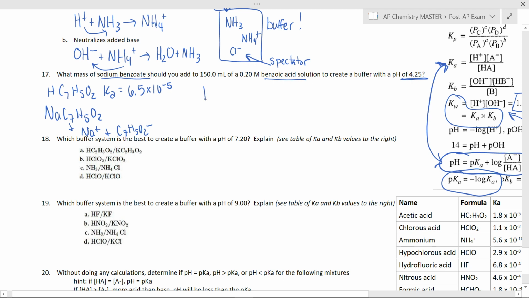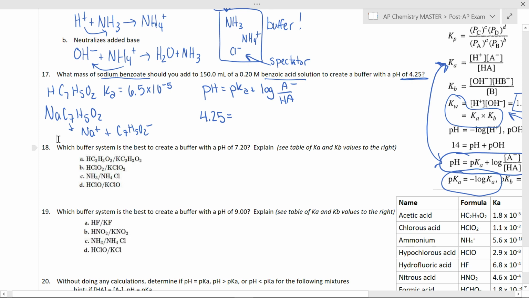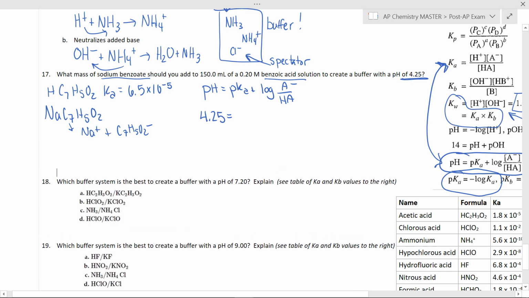All right, so let's look at what we know. We know we've got this equation, pH equals pKa plus the log of A minus over HA. We know what we want our pH to be is 4.25. Okay, the pKa, we haven't calculated it yet, but we could figure it out. Let's take the negative log of 6.5 E-5. My pKa is